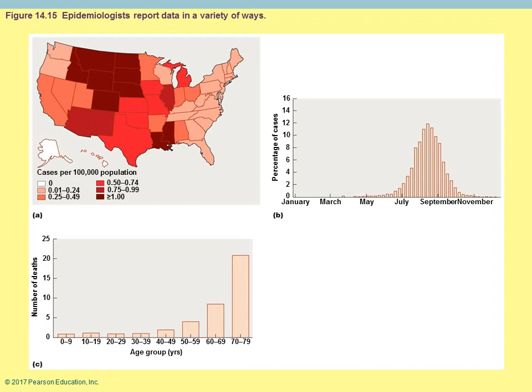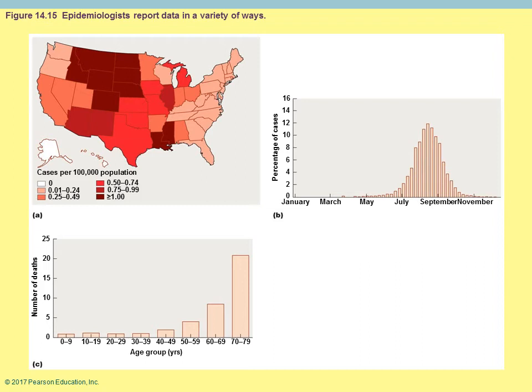On the graph on C, you have it broken down by age. So you can see, okay, one thing with diseases, most diseases have a prevalence for certain age groups. So you have maybe one age group where you have a higher number of cases than other age groups. Some diseases seem to infect males more than females, or vice versa. Some diseases you tend to see peak during certain times of the year. Influenza peaks in the winter months.